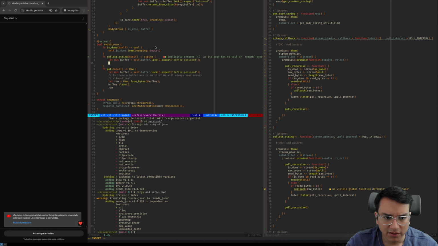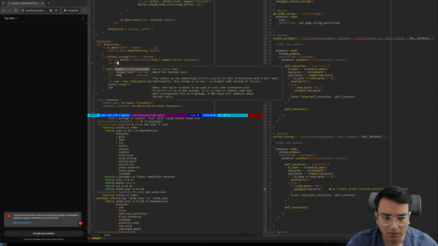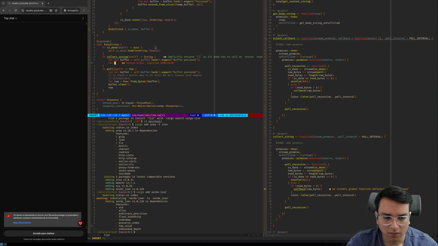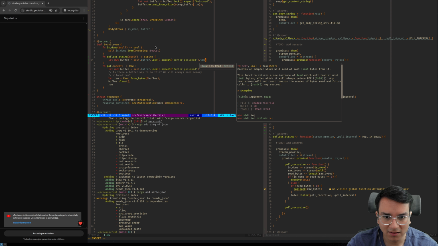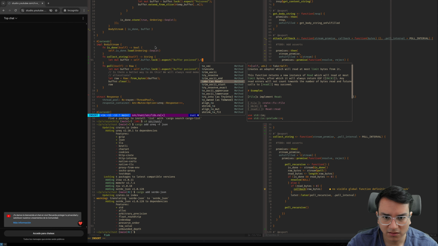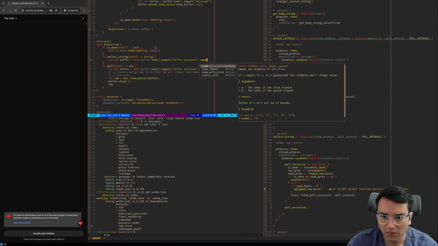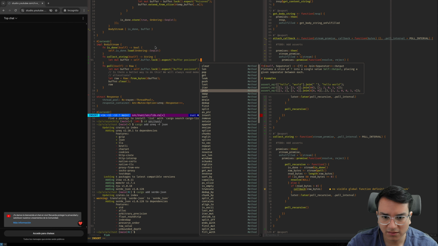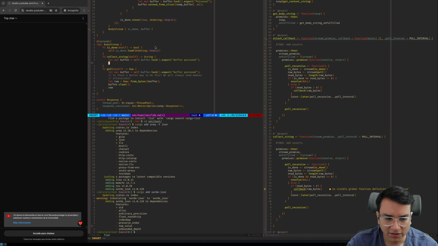What we're gonna do here is gonna do let temp buffer. Let's call this last. Can we do a take? Take is an adapter that will read at most limit bytes. Now swap. Swaps two elements in the slice. So I think we're gonna need to do a